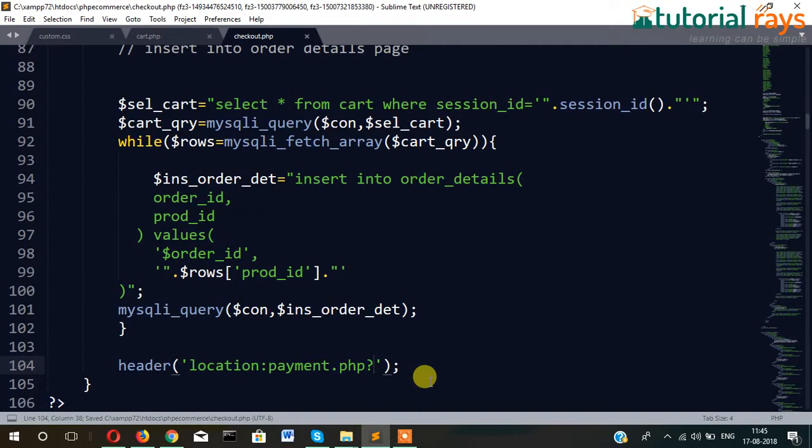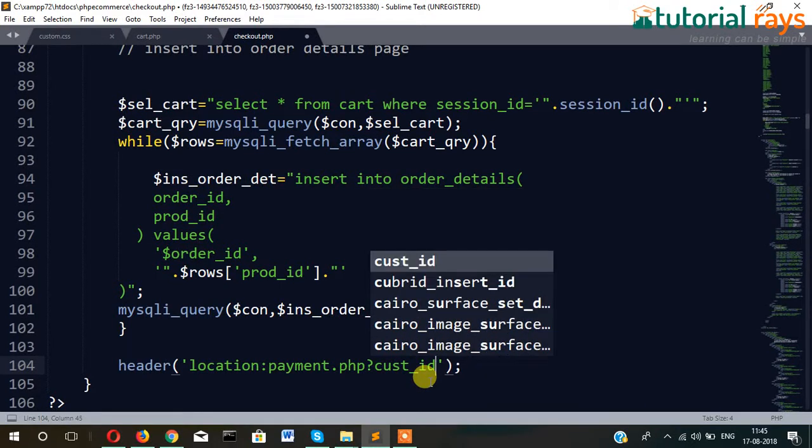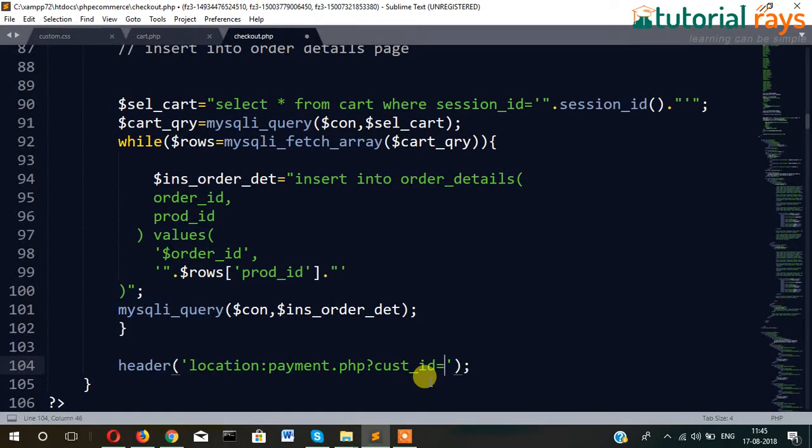What will we take there? Cust id equal to dot dollar underscore cust id dot